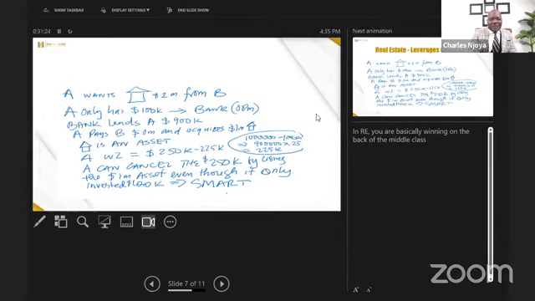Mr. A wants a property worth $1 million from Mr. B. What he does is he only has 100K, but this property is worth $1 million. So he steps to the bank. The bank is full of other people's money. The middle class have all their money sitting in the bank. So he gets 900K from the bank to add to the 100,000 that he has, the 10% down for getting access to this property. Now, A pays B $1 million and acquires the asset for $1 million.